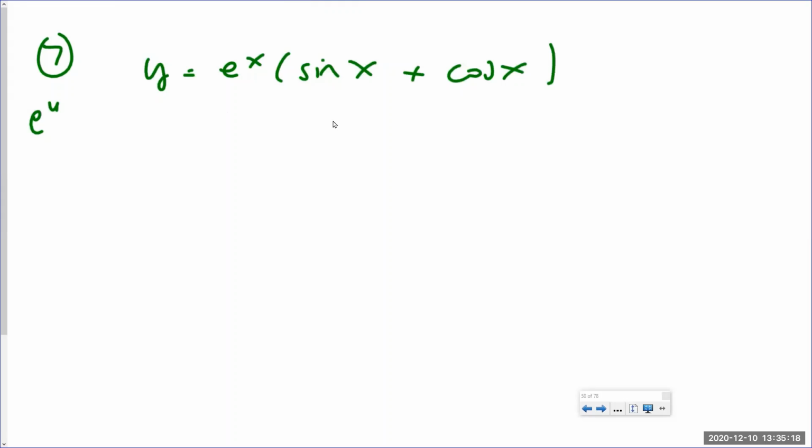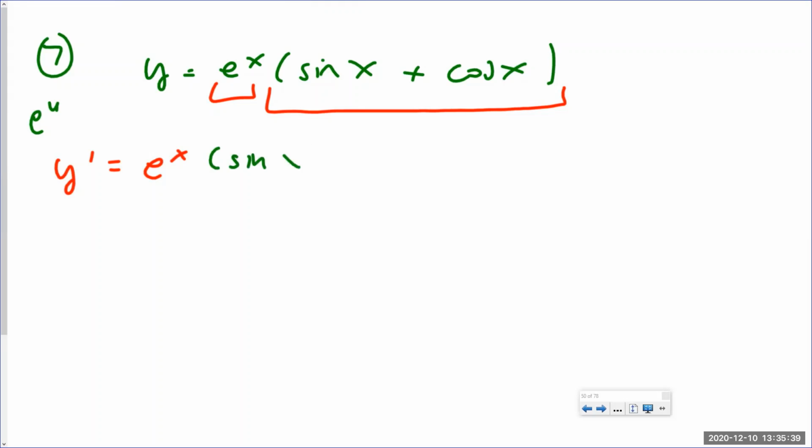There's several ways you could do that. You could distribute this and then do 2 product rules, or you could just do 1 product rule here. Are you guys okay if I do 1 product rule here? I've got 2 expressions with x's. Here we go. It's going to be the derivative of the first, which is just e to the x, times the second, which is this whole thing, sine x plus cosine x. Okay, derivative of the first times the second plus, this is product rule, plus the derivative of